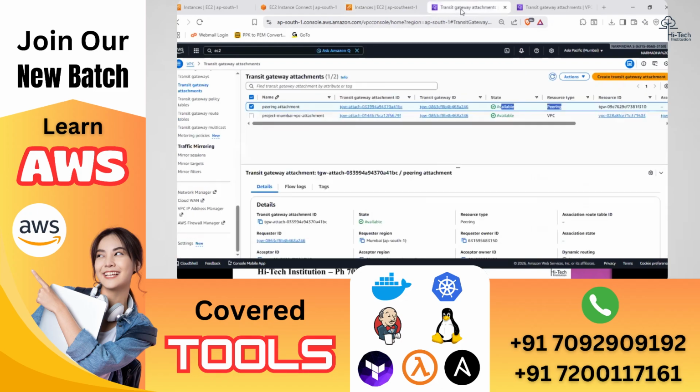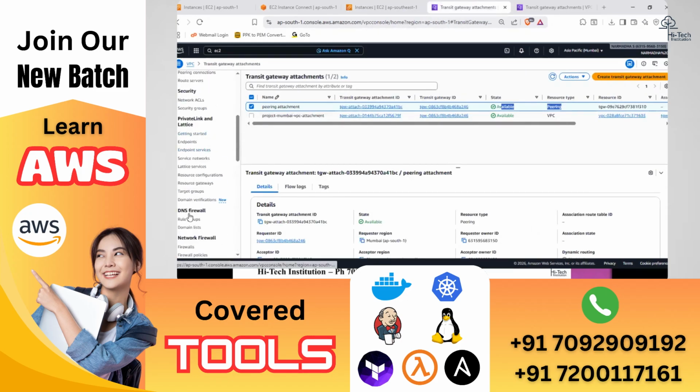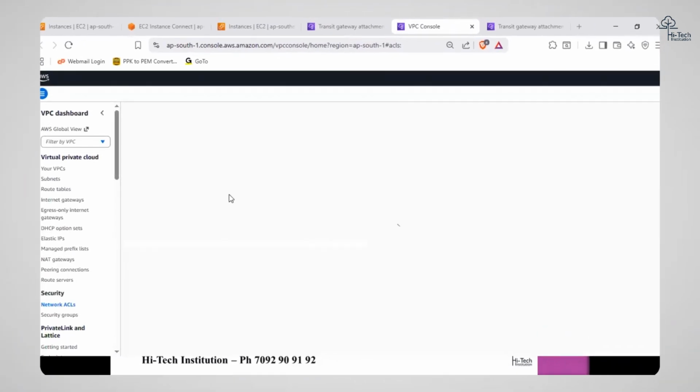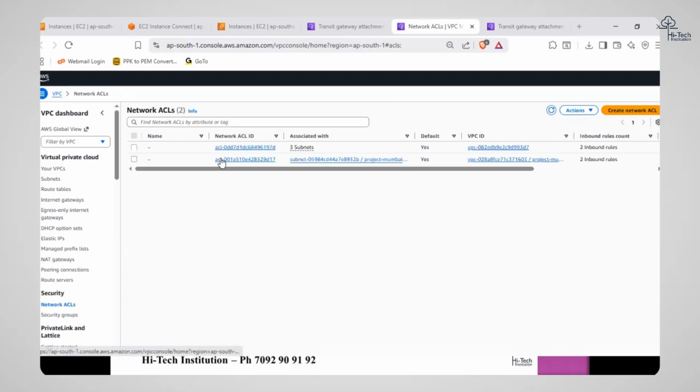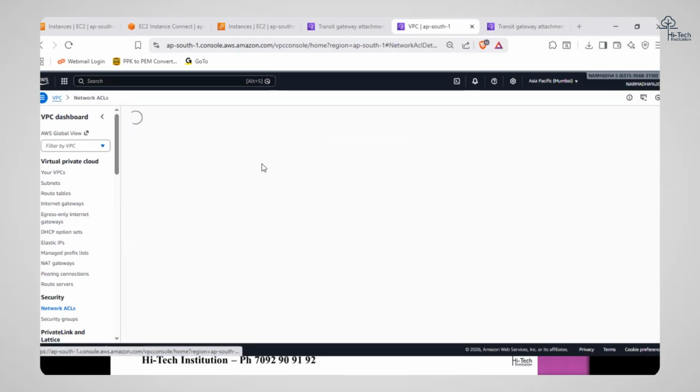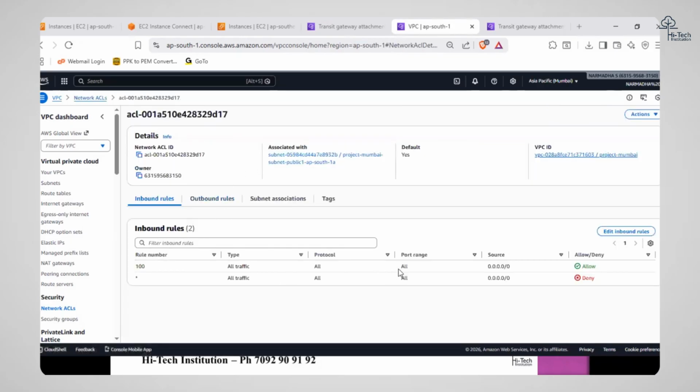So now I'll also check the subnet level ACL. If you go to network ACL, we need to check, is there anything blocked over here? Okay, let me check. Here you can see nothing is blocked, all traffic is open already.